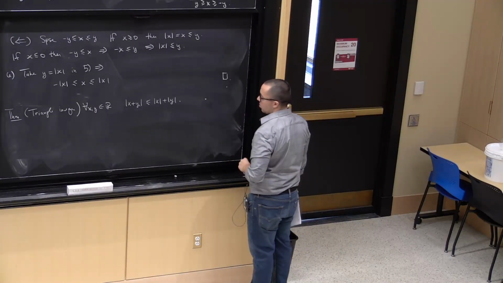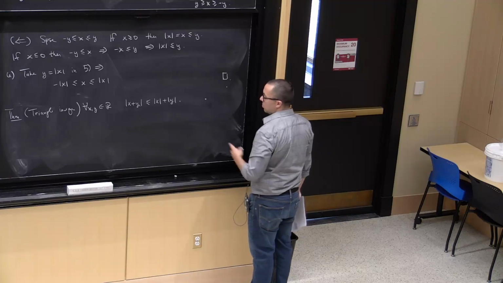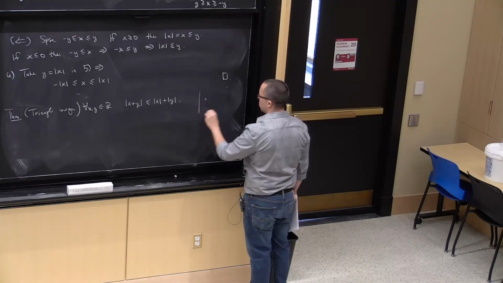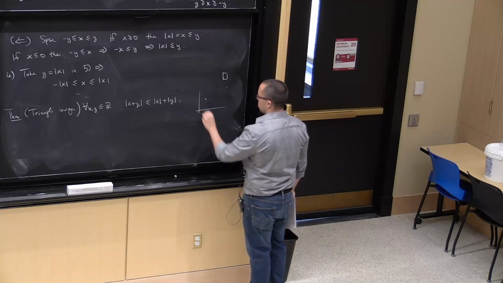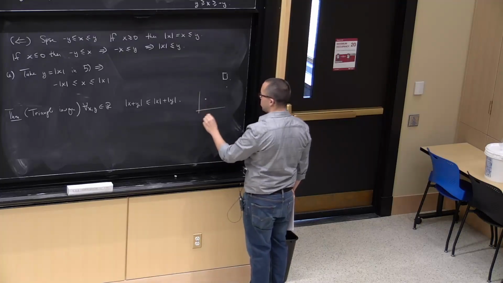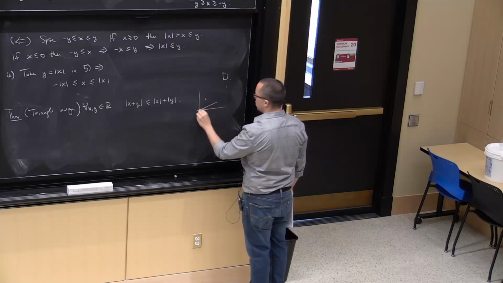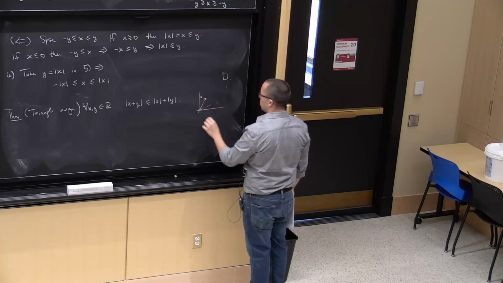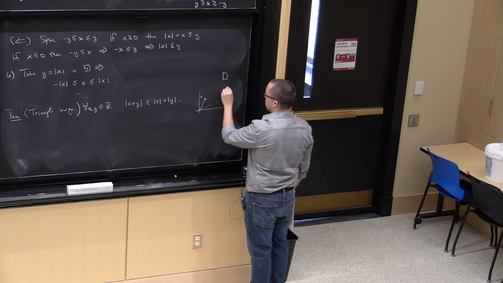Although x and y are elements of the real number line, let's instead try and think of these as two vectors instead. So here's the vector x, and then let's say